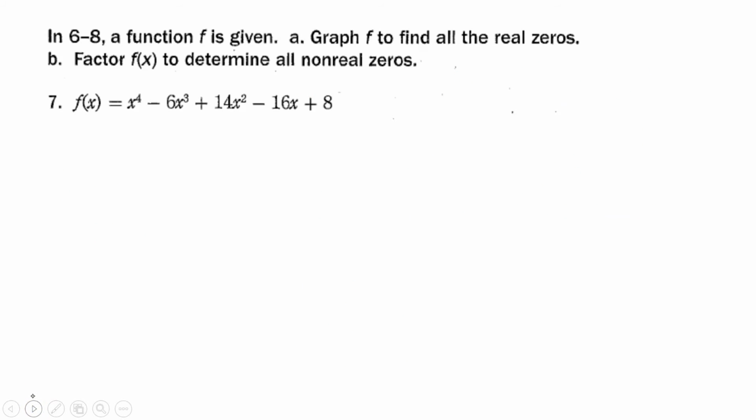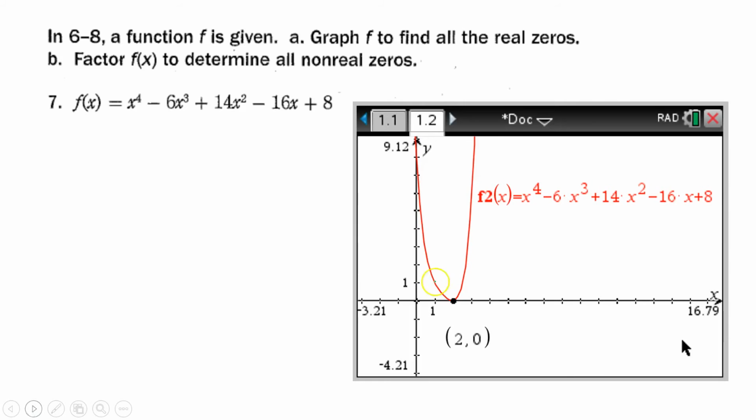All right, moving on. So here we have our function, and it's going to do the same thing. So first we graph it. And this is an interesting one because it looks like it bounces off right there at 2. So we might have a double root there at x equals 2. And we can actually even kind of prove it because if it's a 4th degree, if we make our zeros list,